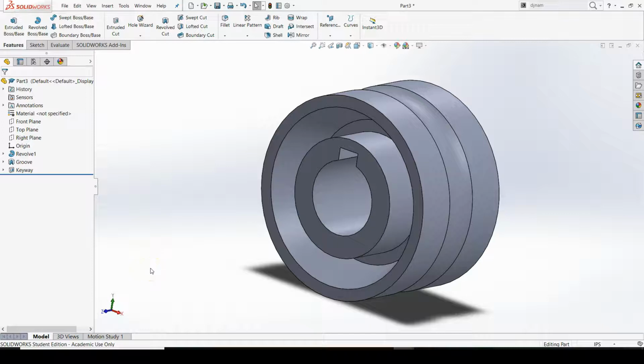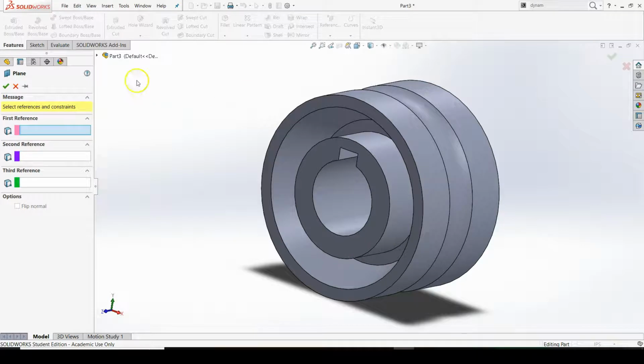The gear teeth are going to be cut with a cut sweep, which is going to require a profile sketch and a path sketch. So first I'm going to create the reference geometry, which will just be a plane into which I'm going to draw the path, and then we'll make the profile. So I need to go up to reference geometry and click on plane, and I want to offset a plane